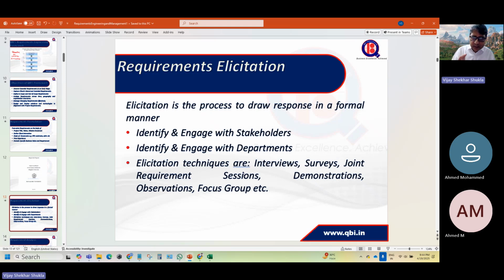Elicitation is the process to draw response in a formal manner. So what we do as a business analyst, we identify and engage with the stakeholder, identify and engage with the department. And then as a business analyst, we utilize techniques like interviews, surveys, focus groups. We prepare wireframes, etc. So all these are formal elicitation techniques, which help us identify or uncover the requirement, which help us refine